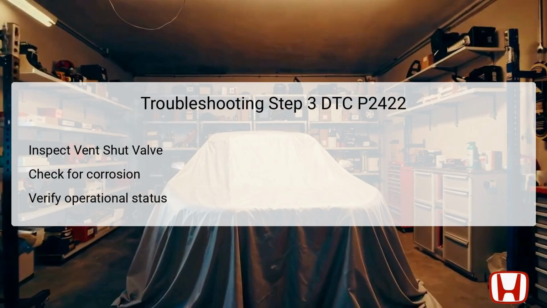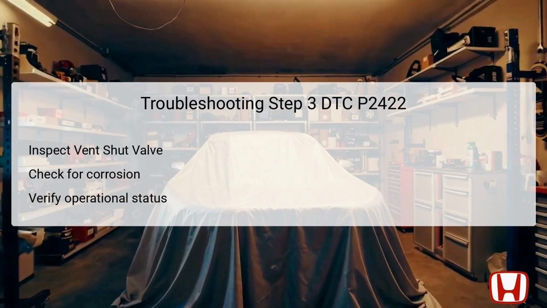After connecting the valve to its 2P connector, turn the vehicle ignition to on mode to activate it. Next, observe the operation of the valve using the Honda Diagnostics system to command it to the CVS on mode. A successful operational test means the valve operates without any corrosion or sticking issues, which can prevent it from functioning as intended. If the valve fails to operate correctly during the inspection, it will need to be replaced to resolve